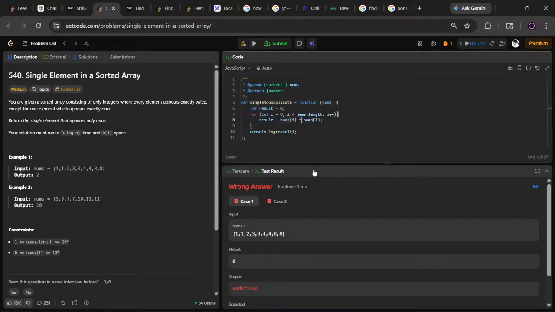What the fuck? XOR काम नहीं कर रहा है, XOR के लिए कुछ करना पड़ता है।